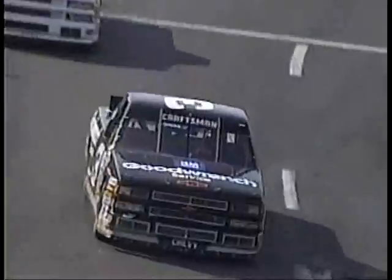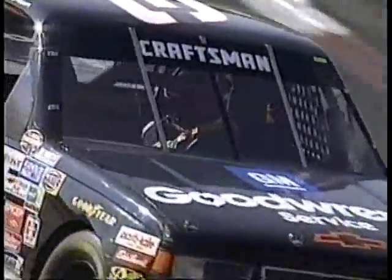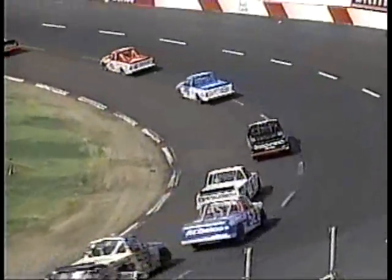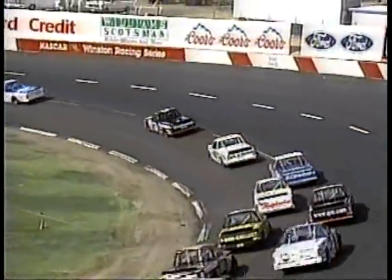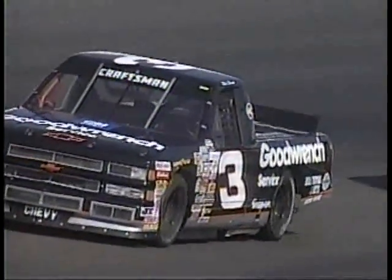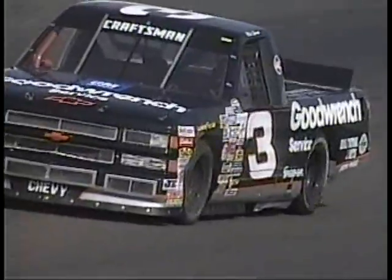Well, Eli, the changes that they made, really, Rich said they haven't run long enough under green flag yet to tell totally what it does. Mike says the truck is a little better. It seems like the biggest problem they're having right now is with lap traffic. Everybody keeps bunching up on these restarts. He can't ever get clear to run the line that he wants to run to really see what those changes